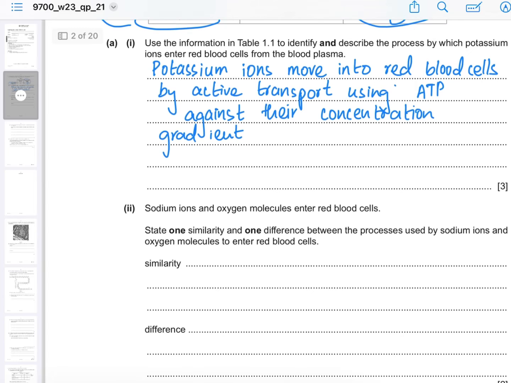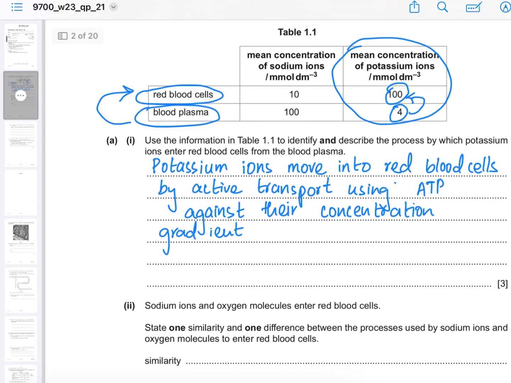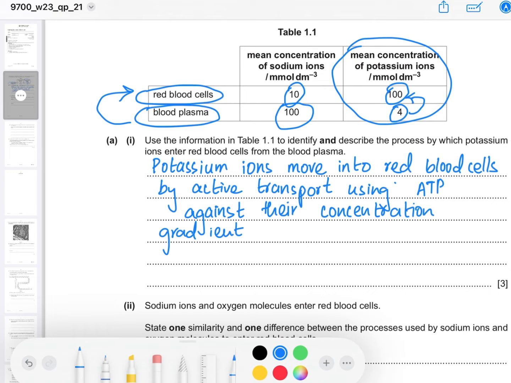Part 2. Sodium ions and oxygen molecules enter red blood cells. State one similarity and a difference between the processes used by sodium ions and oxygen molecules to enter red blood cells. Let's look at the difference in concentration of sodium ions between red blood cells and plasma. Clearly, there is a high concentration of sodium ions in blood plasma compared to red blood cells. So they're going to move into red blood cells by diffusion, and sodium ions being charged means that they will be repelled by the hydrophobic nature of the cell membrane of red blood cells. So they need a channel protein for the transport,